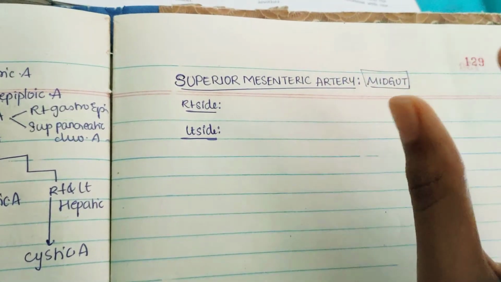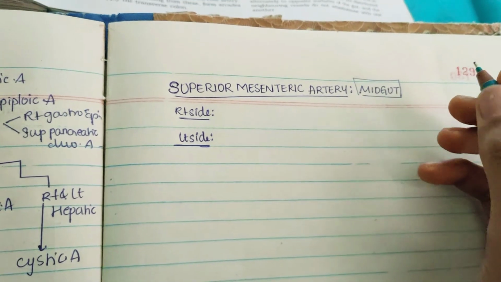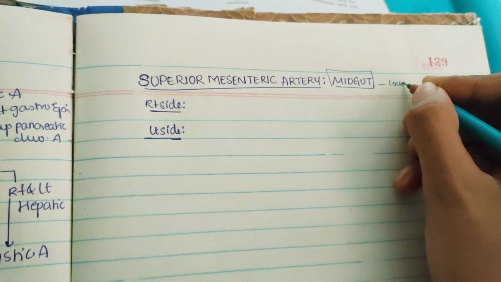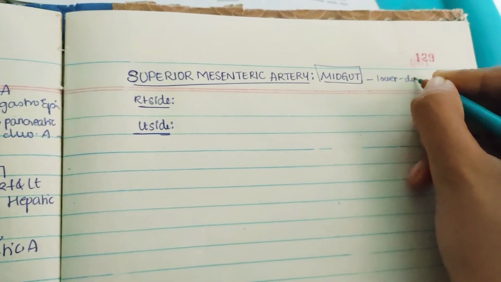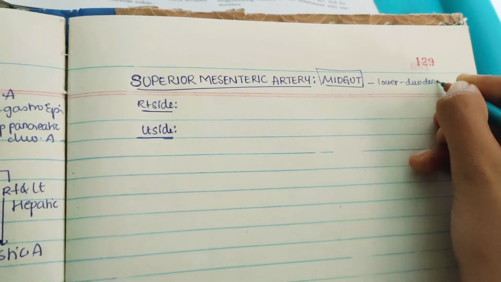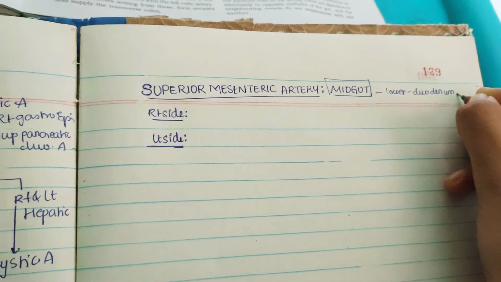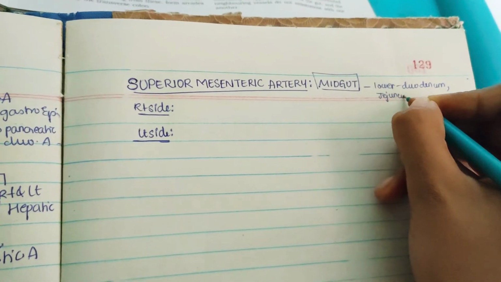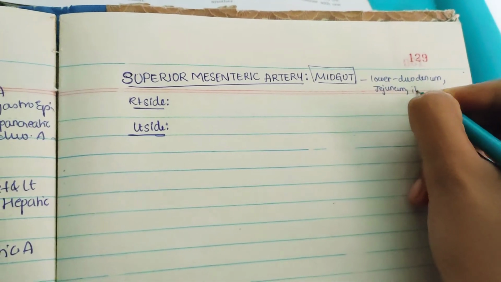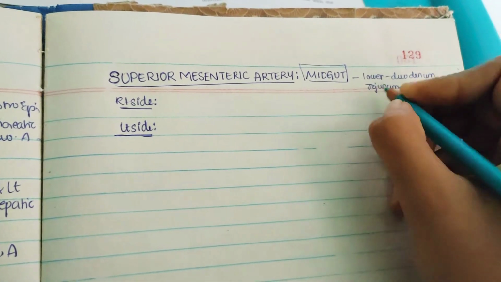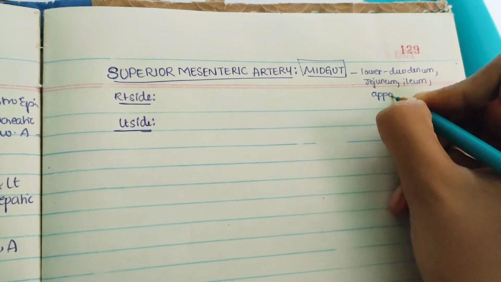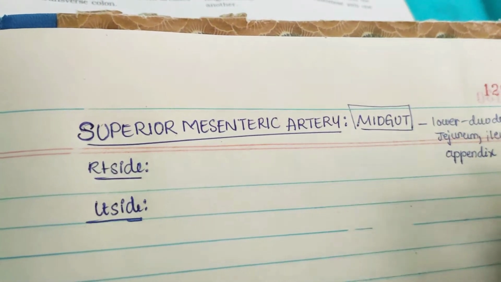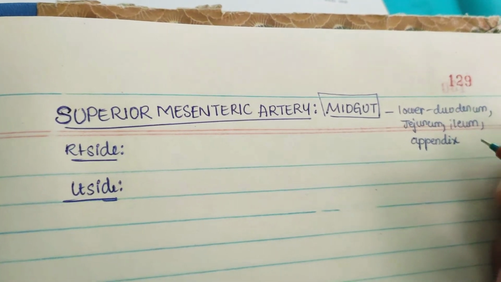So what portions does the midgut include? Let us see. It especially supplies the lower part of the duodenum, and also the jejunum and ileum, and also the appendix. These are all midgut parts. Appendix and also the ascending colon,